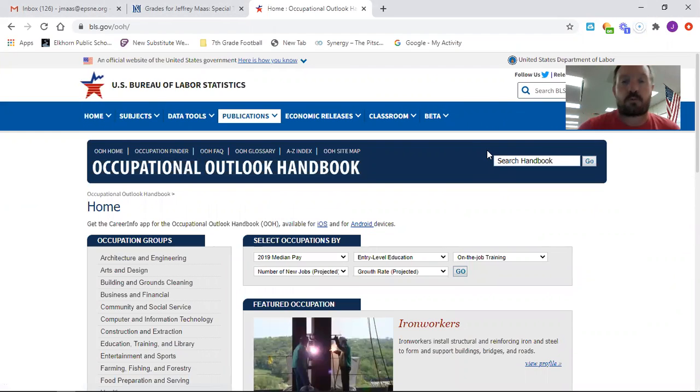Okay. Now for your assignment, there's a Google Doc in the Google Classroom as well. On that Google Doc, you are going to do a summary of 5 jobs. And these are industrial tech related careers. So you're going to look at 5 jobs, just give a basic summary. And then of those 5, you are going to pick one that you're going to do more in-depth research on. So the way you'll do this is once you pick your 5 jobs out of the list that's in Google Classroom,